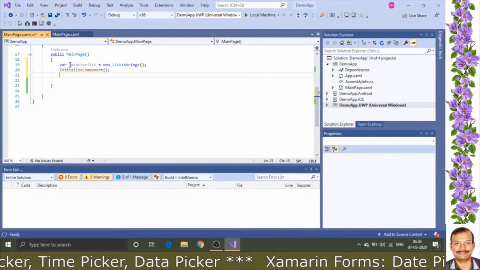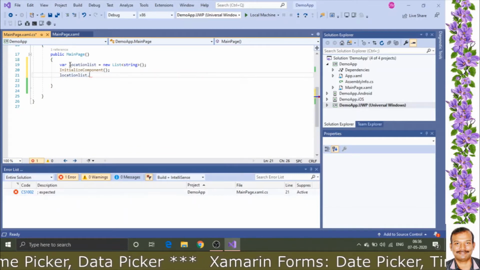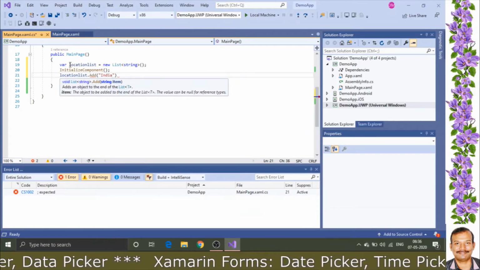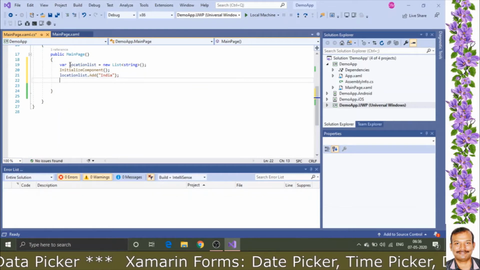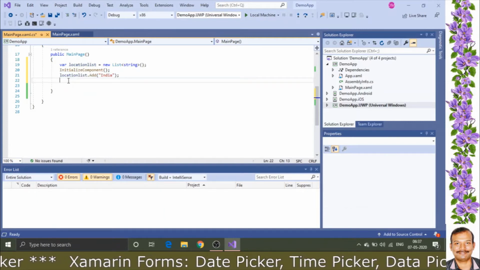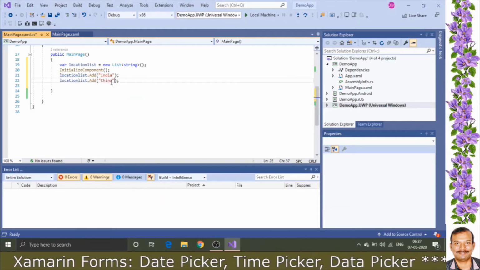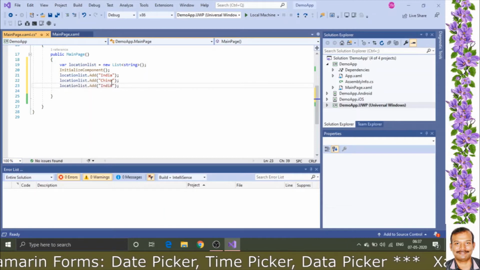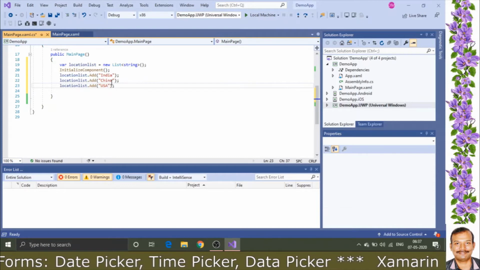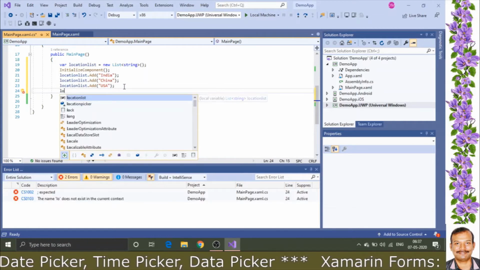For this I'm going to add 3 items to this particular list. Here I am adding countries. So I'm just changing the values. You can add as many. I am going to add only 3. Then I am going to fix the title for the particular location picker. This is the location list. Now I am going to fix the location picker title.